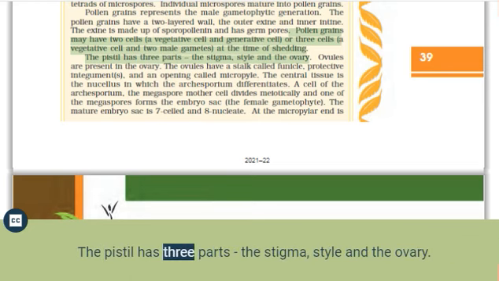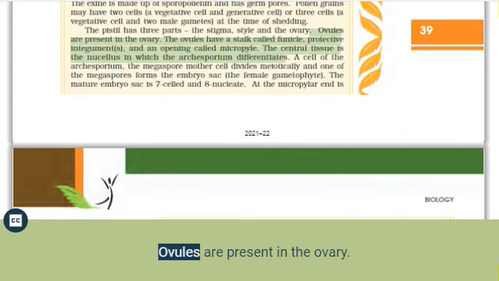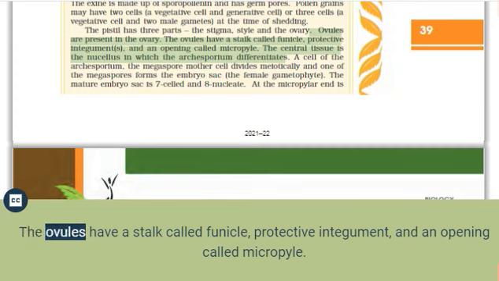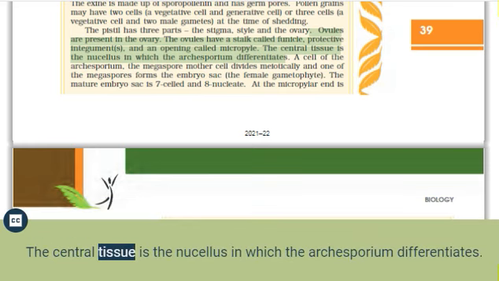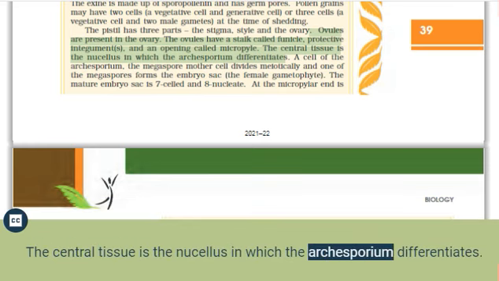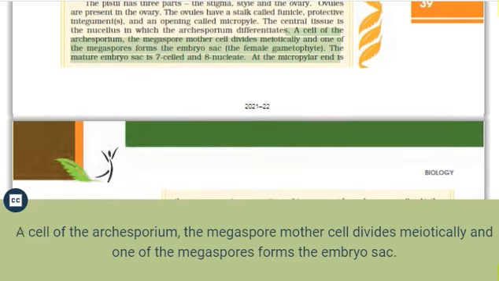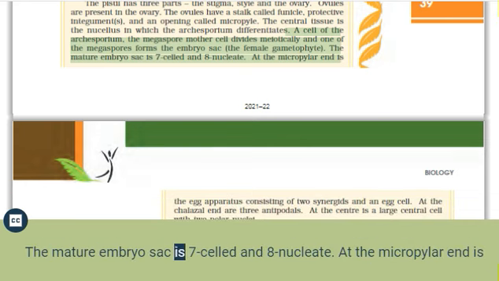The pistil has 3 parts, the stigma, style, and the ovary. Ovules are present in the ovary. The ovules have a stalk called funicle, protective integument, and an opening called micropyle. The central tissue is the nucellus in which the archesporium differentiates. A cell of the archesporium, the megaspore mother cell, divides meiotically and one of the megaspores forms the embryo sac. The mature embryo sac is 7-celled and 8-nucleate. At the micropylar end is